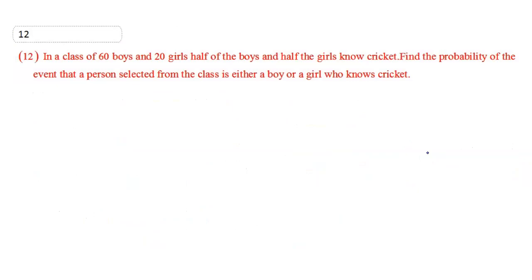Right. So here the next question is: in a class of 60 boys and 20 girls, half of the boys and half of the girls know cricket. Find the probability of the event that a person selected from the class is either a boy or a girl who knows cricket, right? So here